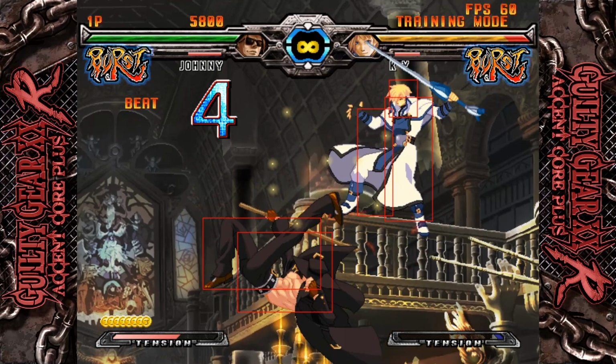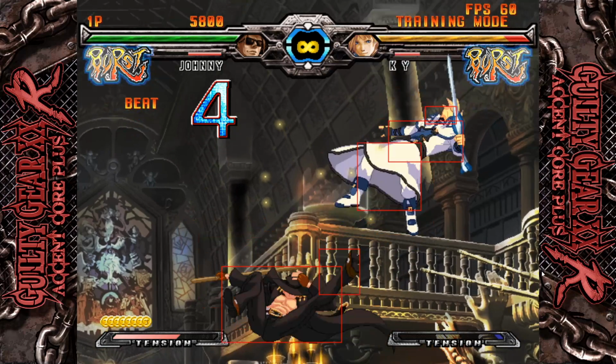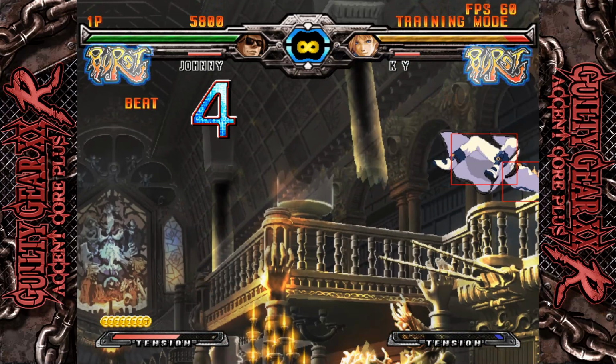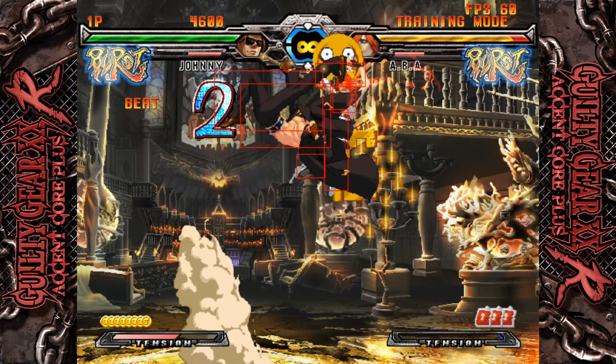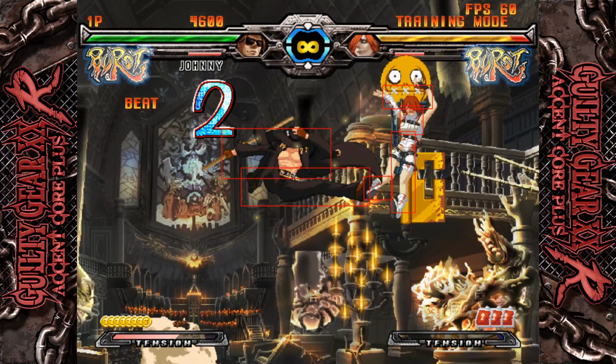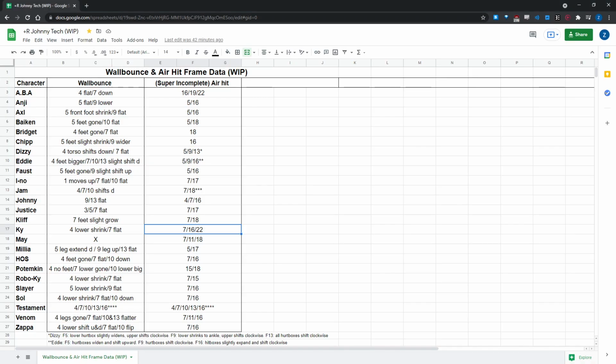For Kai, it's like 7, 16, and 22 off of an air hit like this. It's frame 7. That's the 16. This is the 16 one. And this is the 22 one. For Abba, she's a little different. She changes on frame 15. Now, this is not really important for mid-screen to corner Enkasus,